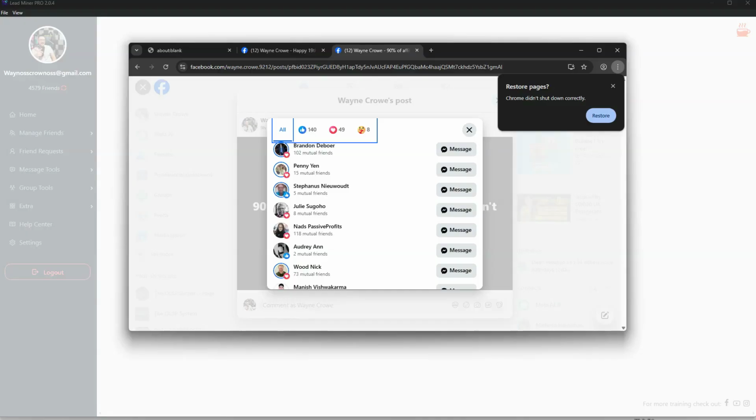It's checking all of the people that liked every post over the last 7 days, comparing it to your friend list, and it will tell you the inactive ones. You can actually see it work. And now, the reason you do this is because you do not want people in your friends who are not active. It means they're not in your target audience, and it means they're just ruining, to an extent,